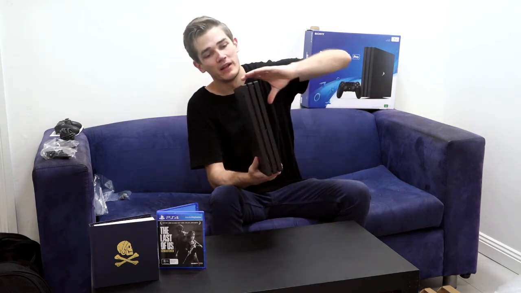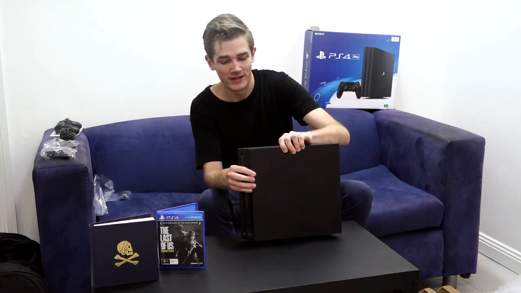Another thing that I really like about the design is the triangle, X, circle, square, which is now on the rubber feet along the bottom of the console. I'm pretty sure they've done this with the Slim as well, but it's a really cool little design feature. Fun little fact, they use triangle, X, circle, square so you can match up the plugs on the PlayStation VR when you're plugging them in too, so they've used them as a design feature as well as a tool for when you're setting the whole thing up, which is a nice little piece